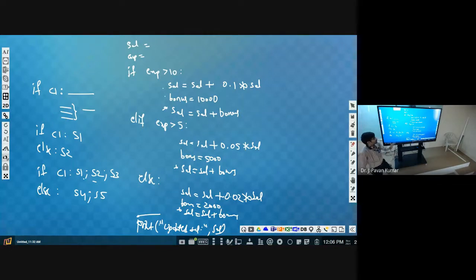Got it? Why are we having colon? You should have clarity. Next, whenever we have only one statement, then in order to write that, we can write it in a single line. After the condition, just colon we will use, then we can specify that statement. If we have more than one, then also we can write it in the same line, but we have to separate with semicolon. Got it? In general, this practice is good. This is the generalized one. This will be applicable for any number of lines, one line or two lines or five lines. So please note down these points.